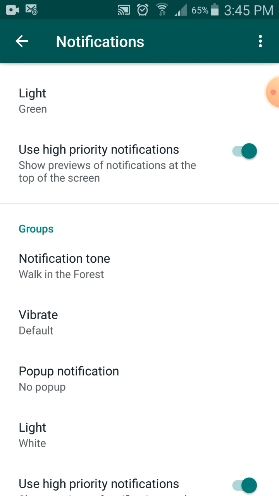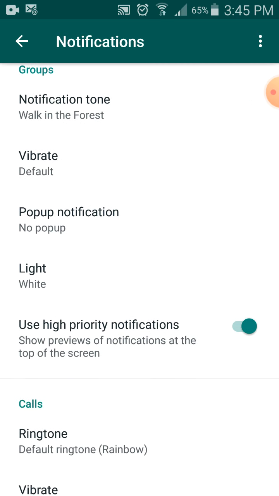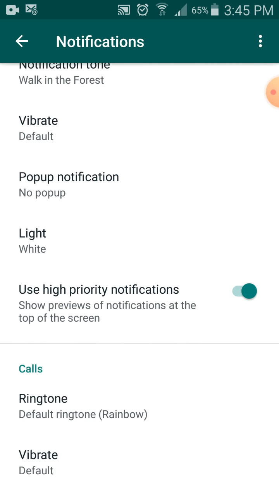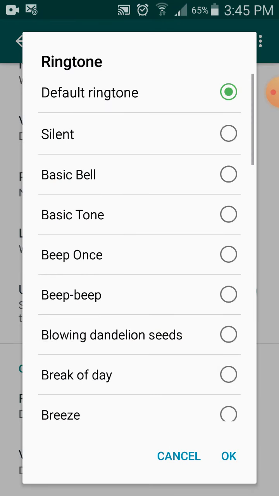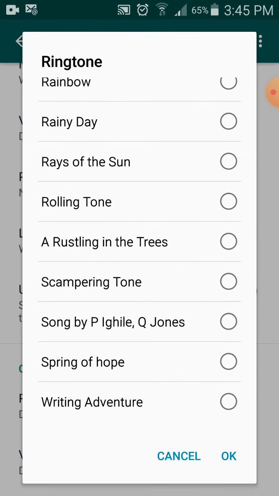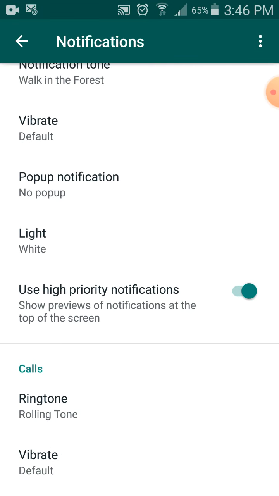I press this. Okay, here also you can choose the light. Calls: if somebody calls you by WhatsApp, which tone will come. This tone. Press OK.